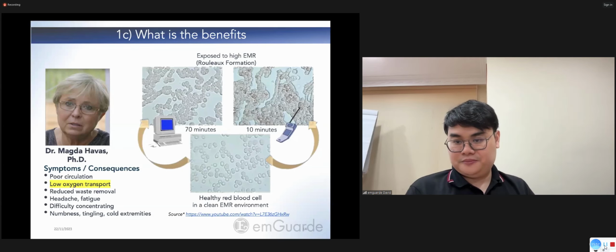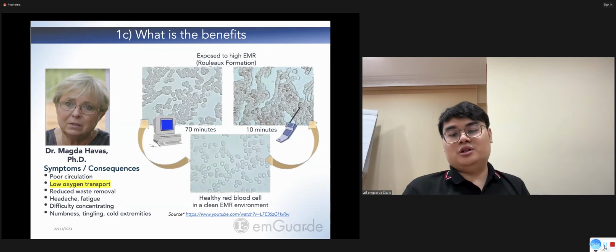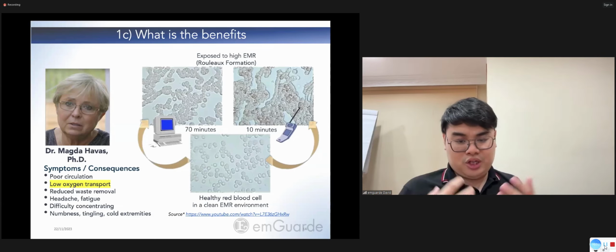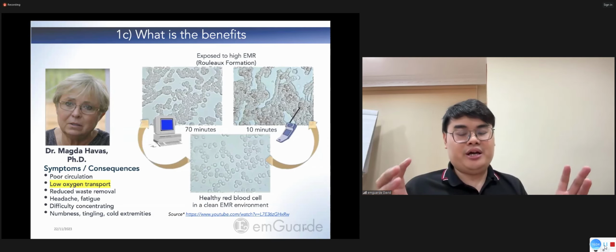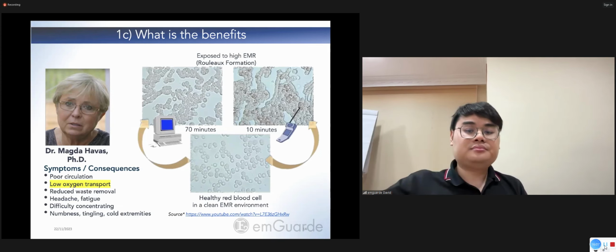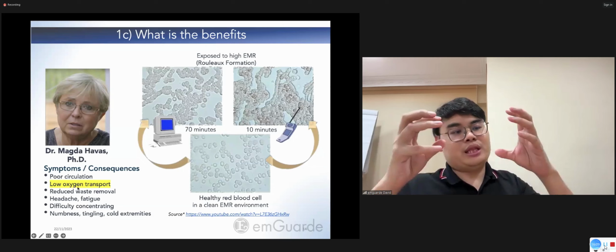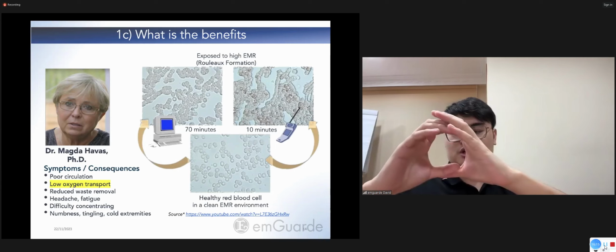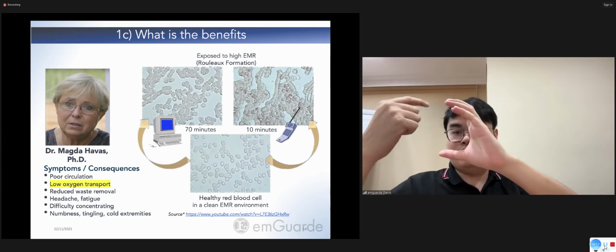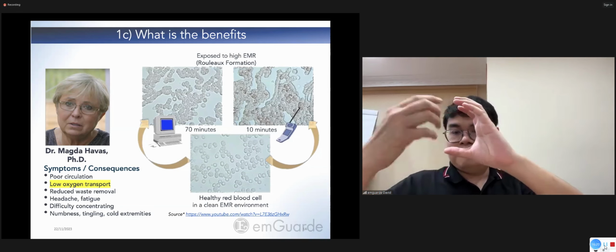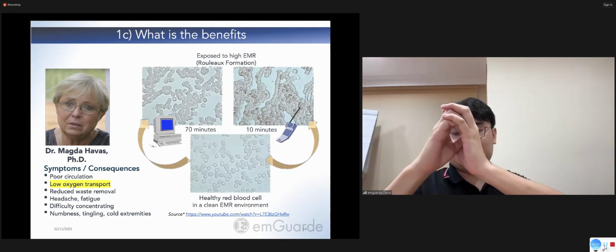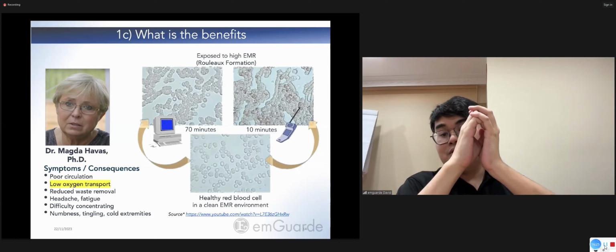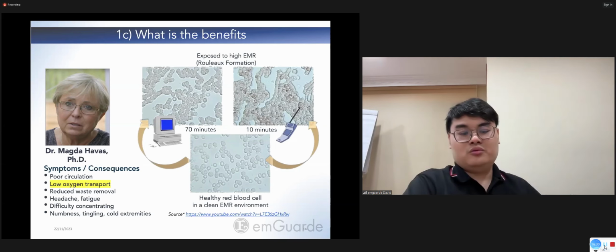Low oxygen transport. Okay. Now, according to one of the local doctors' explanation, he was the one who taught me about the surface area of the red blood cell when we have rouleaux formation. So basically, when our red blood cells stick together, they have a very small surface area, because usually your red blood cell is like a donut, you have a very huge surface area, isn't it? But when two red blood cells stick together like this, the surface area of the red blood cell becomes smaller. Hence, this is going to slow down or lower the oxygen transport,